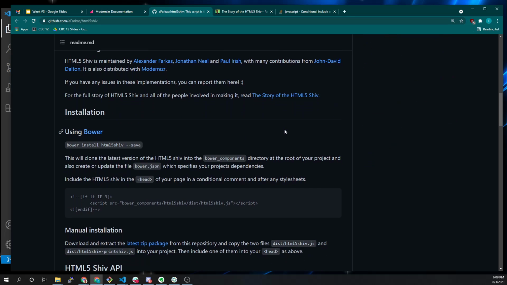And so you'll hear this called either a shiv or a shim. And when we get into JavaScript, we might explore this more. There's a whole bunch of shivs and shims, specifically around functionality that we might want to use that is a little bit more power heavy, right? So if we were going to use the canvas element, which we haven't explored, it lets us actually render content on our page controlled entirely by JavaScript. So if we were going to make a video game, we might use canvas to display all of the art assets, right? Rather than rendering in HTML, we would just put one canvas element